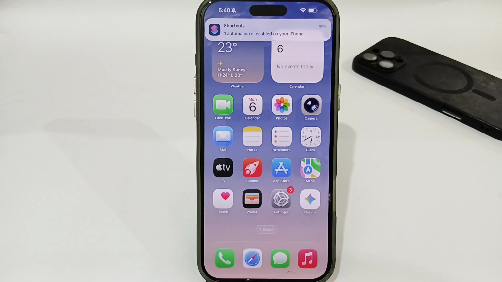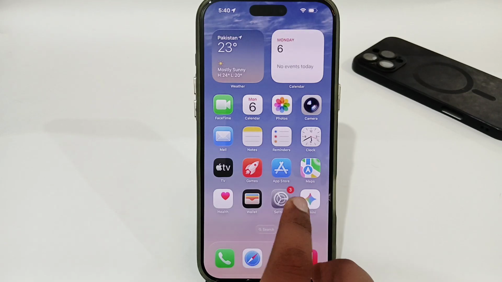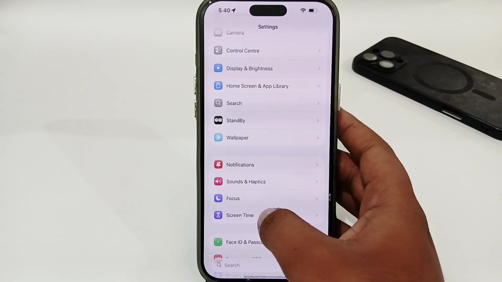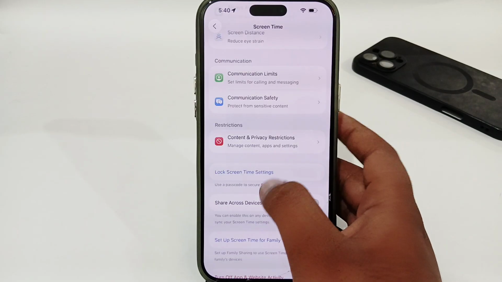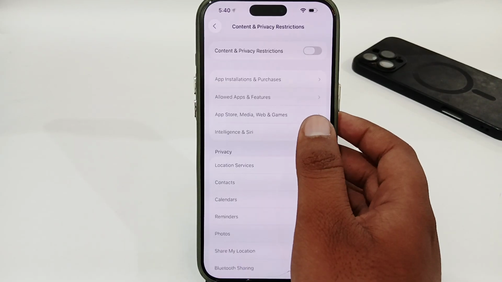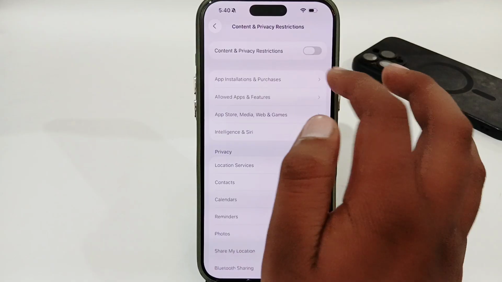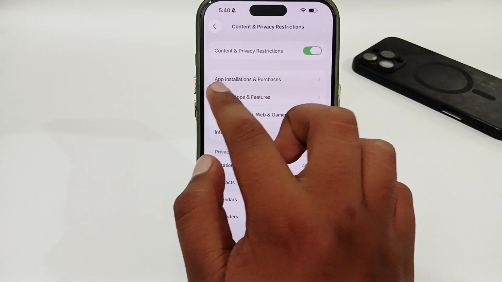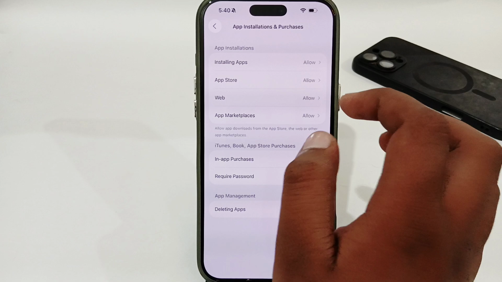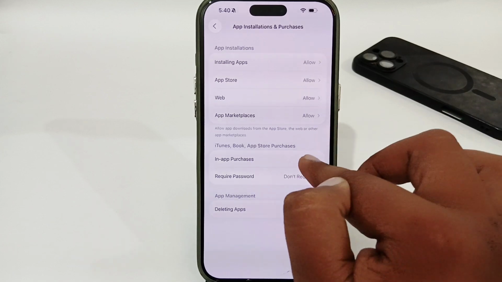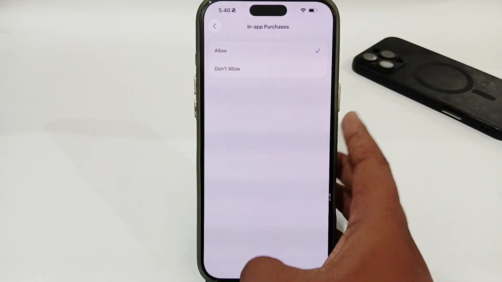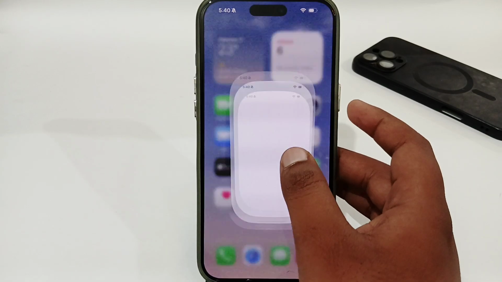So first of all, you just have to open up your settings, then go for Screen Time, and here you have to select Content and Privacy Restrictions, and here you have to go for iTunes and App Store Purchases, and then select In-App Purchases, and from here you have to make sure that you have selected Allow. Or if you're still having the same issue, you have to open up your App Store, tap